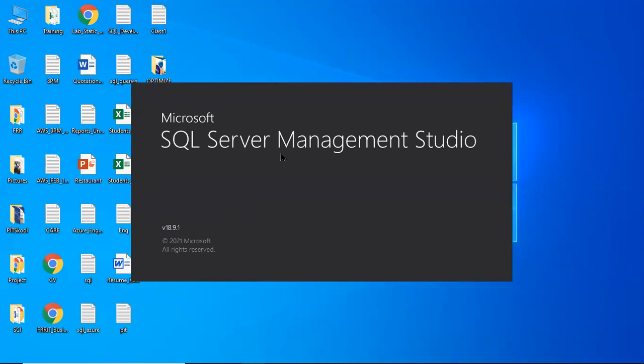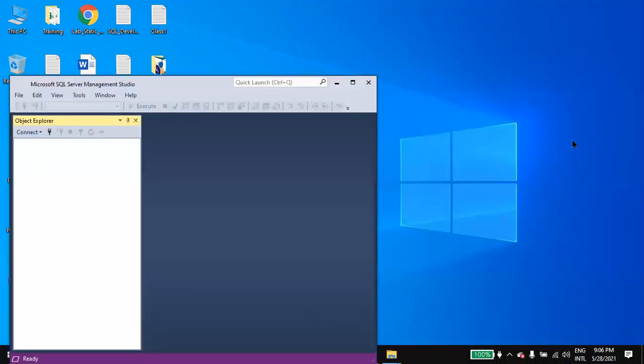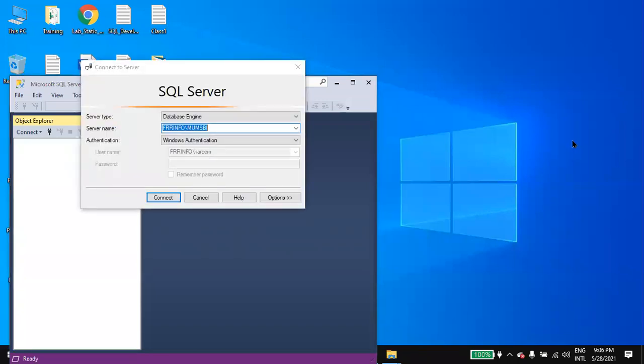Now remember, we can connect through this SSMS. What is our server name? MS SQL Server 03, right? The SQL engine name is MS SQL Server 03. We can connect to that server.